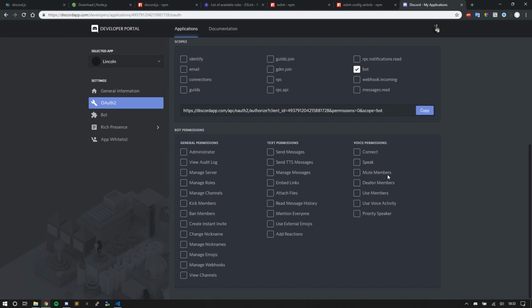Okay, so I'm back, guys. Where I left off is you can assign different permissions to the bot, and once you post your bot online for public use, you can automatically have these permissions assigned here through the OAuth 2. But I'm not going to assign any permissions right now because, well, I'm only inviting this to my test Discord. So I'm just going to go ahead and click copy.